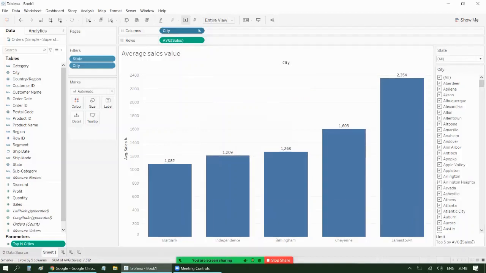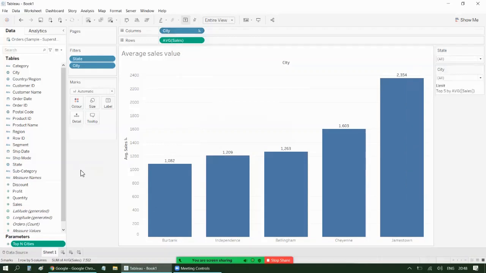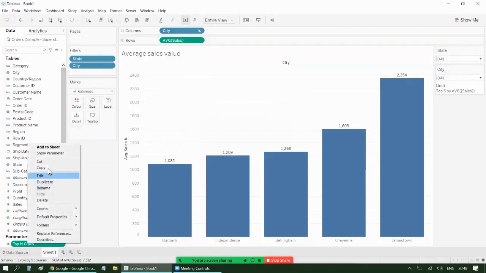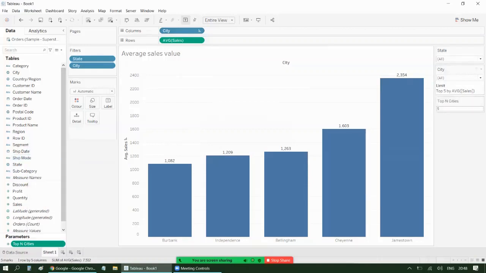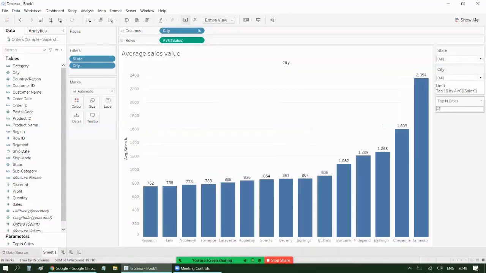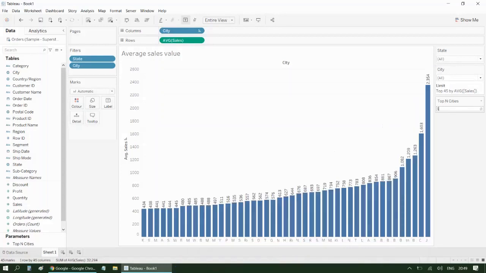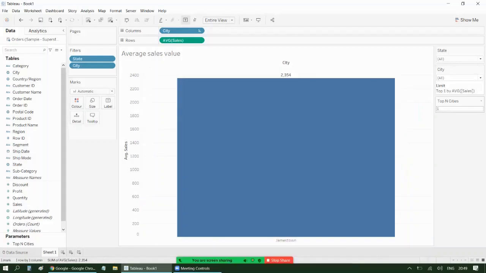Yes. Now there is the last option. Let me make it a multi-value drop down. Now the last option, provide this control to the user. How? Right click on your parameter and click on show parameter, right? And here you go. Now the user wants top 2 cities. They can type 2, click OK, right? Hit enter, top 10 cities. Did you see it getting changed, right? Top 20, right? Maybe like top 45, right? Top 1 and so on, right? So this is a beautiful feature over here.